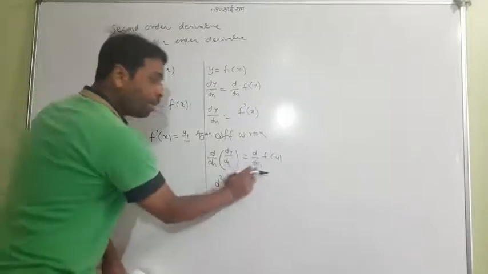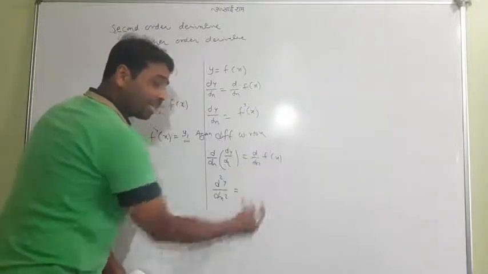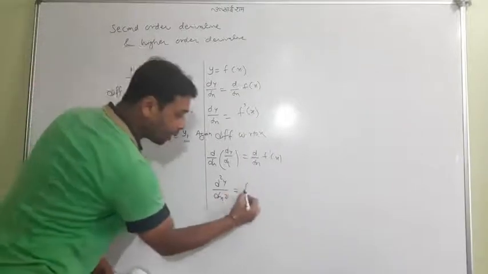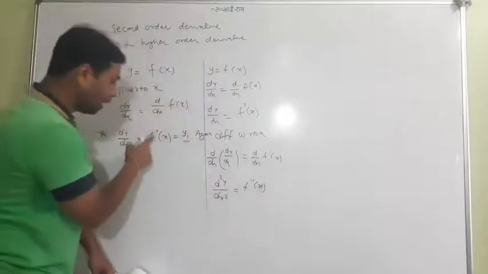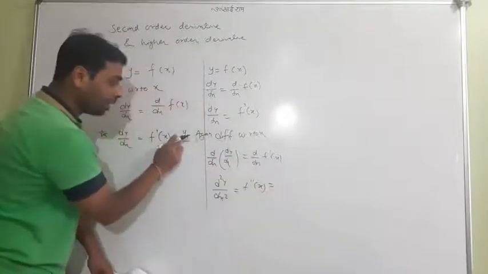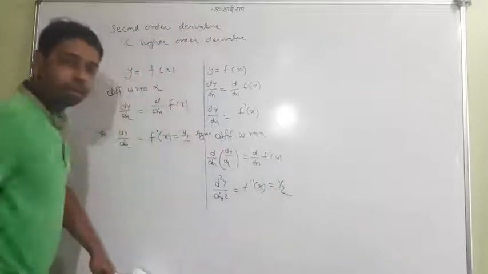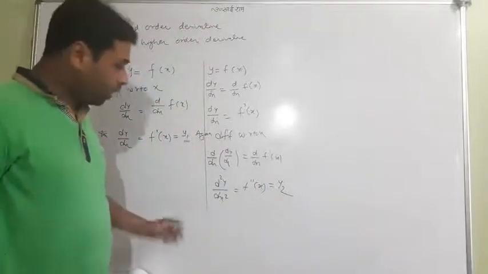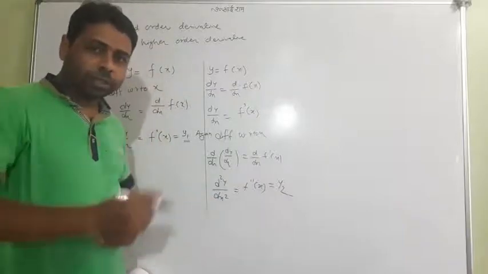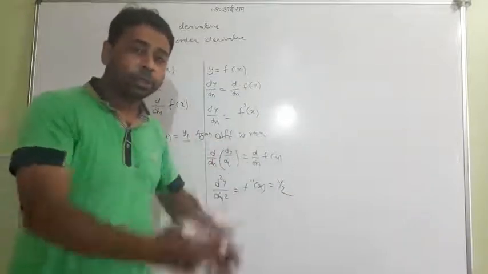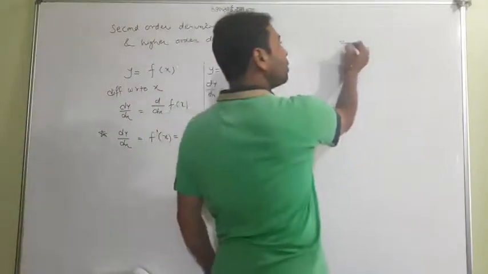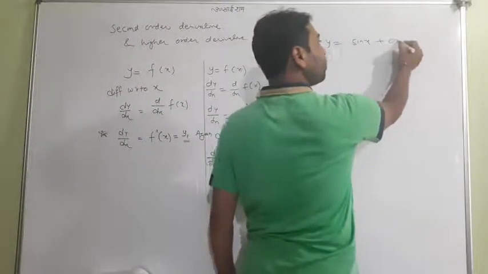And here, d by dx of f dash x is coming. So as usual, as I taught you, it may be written f double dash x. It was a single dash, now it is a double dash. And according to y1, I will write y2. So these are the three symbols which I wanted to share with you. It is a redifferentiation, meaning again differentiation or second differentiation. Suppose your question is sin x plus cos x.